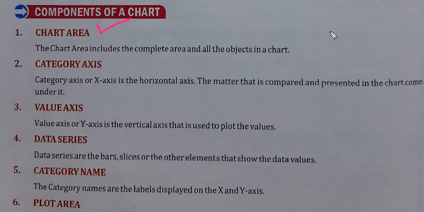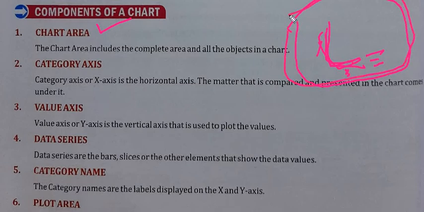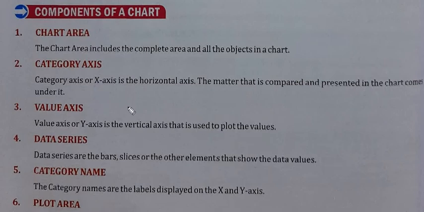Whatever components are there in the chart, like this is a chart, here we have the y-axis, here we have the x-axis. This is the plotting area, but here we have also written the data series and all these things. So this complete thing is the chart area. This is the plot area where we have created a chart, and this complete thing is the chart area. Okay, getting it now?